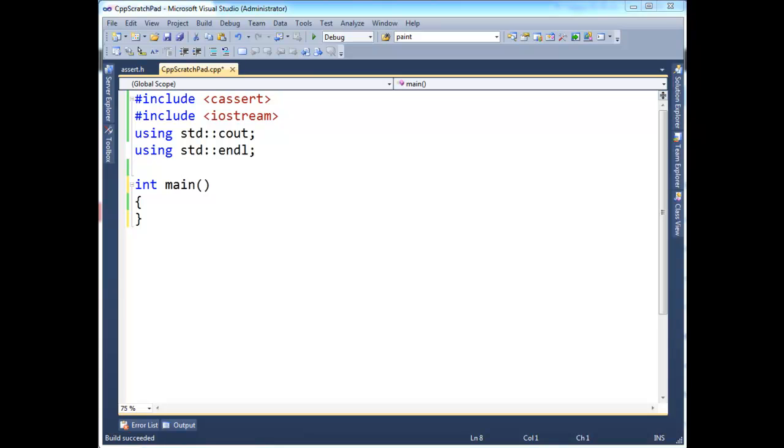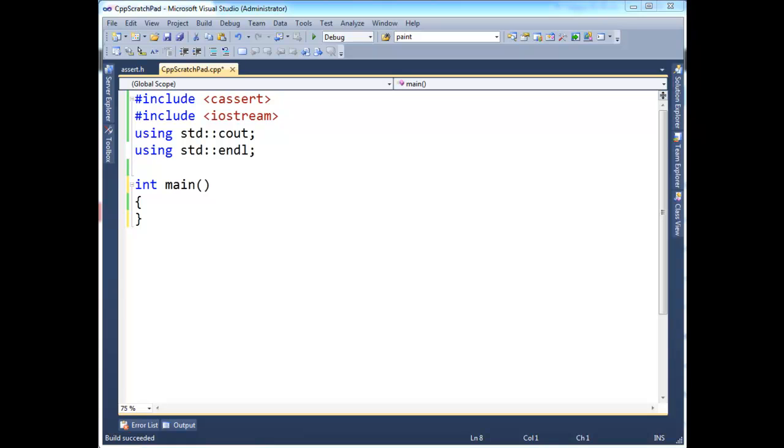I showed vPointers in a previous video. I just want to drive them home a little bit further in this one, but not too much further. The vPointer is what makes polymorphism in object-oriented programming happen. If you don't have a vPointer, then when you call a virtual function, you really don't know which function to